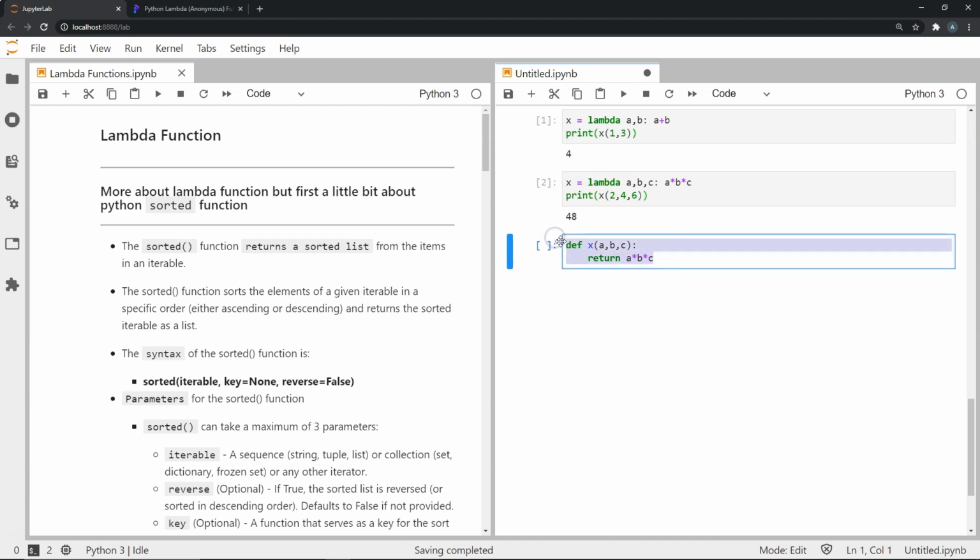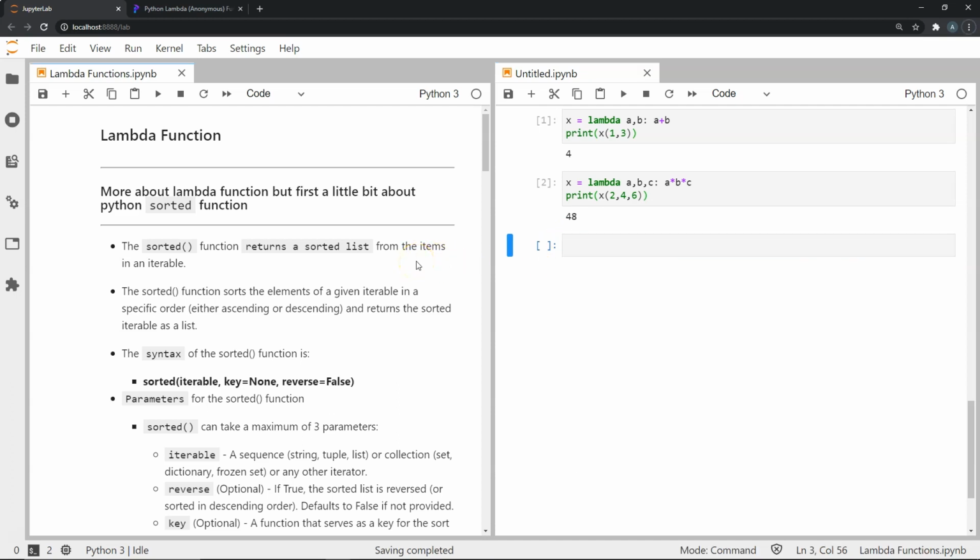That's an example, by the way. You can use lambda functions in multiple places. So let's move on now. For the sake of this video, I'm going to show you how the sorted function works. And we're going to learn how the lambda function uses this sorted function, how they work together. So this will give you a clearer understanding of how we use the lambda function in our code.